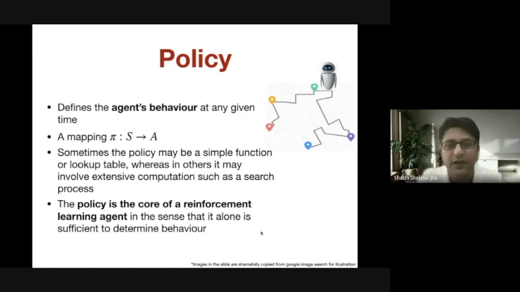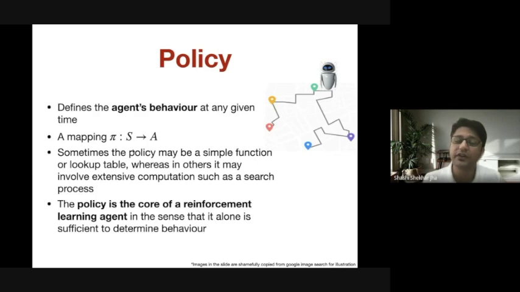Okay. Now, how do you encode this policy function? Well, this could be a very simple lookup table, because this is nothing but a mapping of state to action. So if you can enumerate all possible states in the system, let's say you have only 100 states, for each state you can write the optimal action, and that will be a policy.